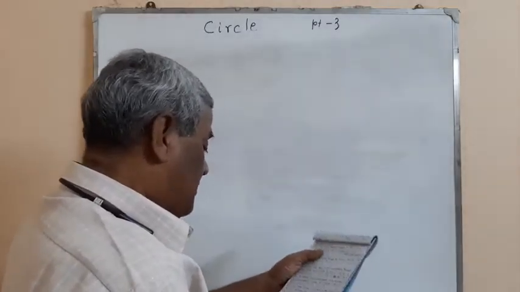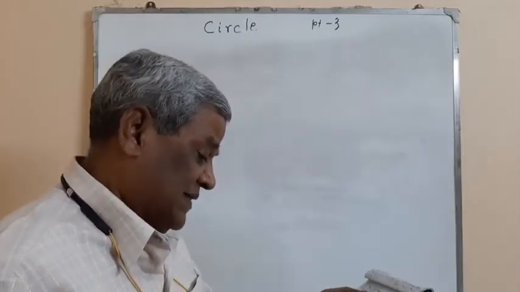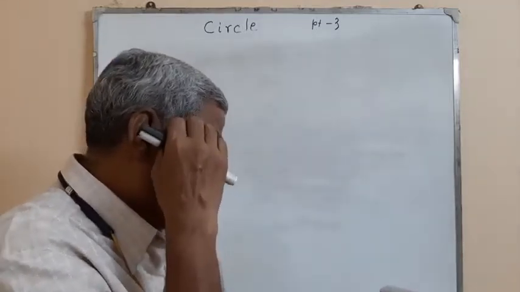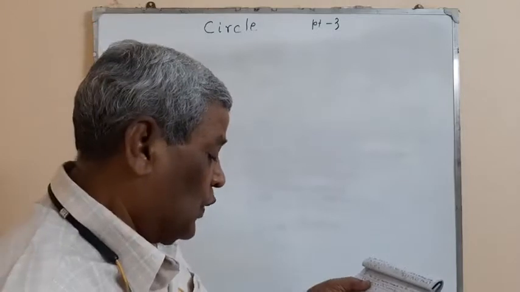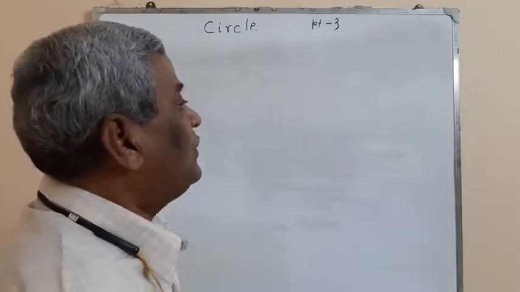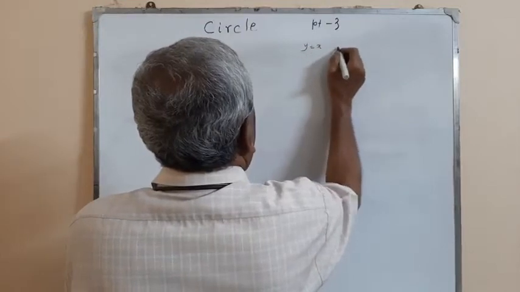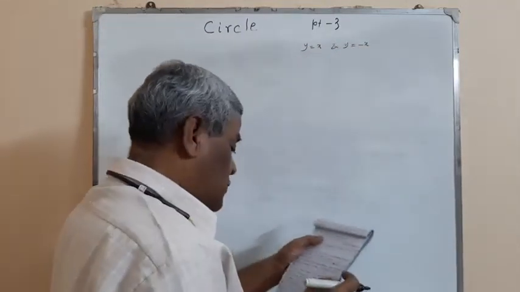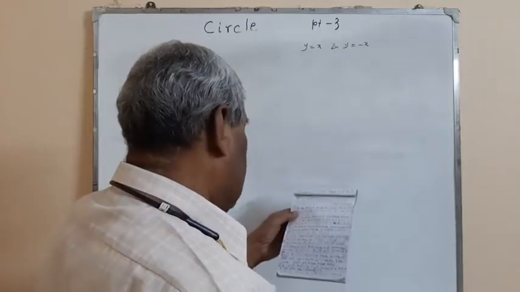First problem: a circle lying above the x-axis and passing through the origin makes equal intercepts of root 2 from the two straight lines y is equal to x and y is equal to minus x. Then the center of the circle is